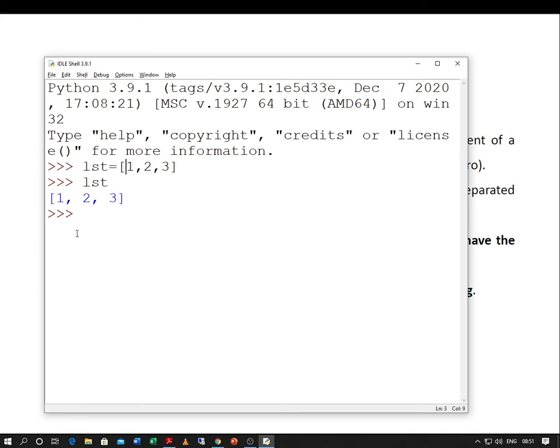Now, a list can contain numbers, and say for example city. It is not necessary that it will contain only numbers, it can contain some other values also. That is, here the list is having strings.